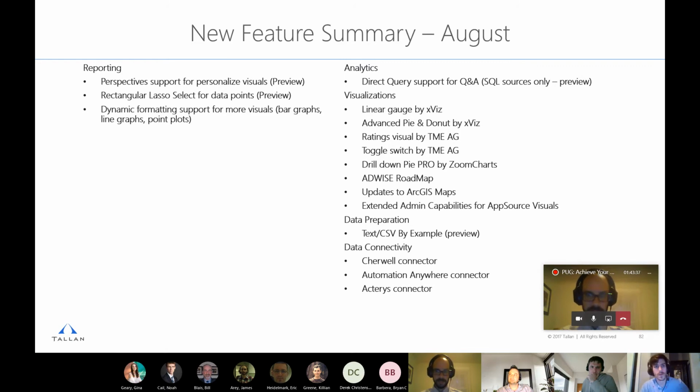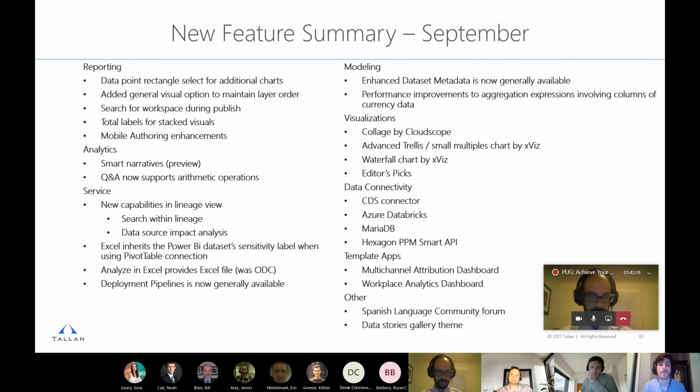All right, cool. So moving on to the September updates. In September, they actually changed the layout of their blog. So they brought together all of the updates to Power BI Desktop with all of the updates to the Power BI Service and Power BI Mobile. So if you do follow the blog, and the links for the blog are in this spreadsheet, we could probably throw those in the chat as well. It now contains a lot more information. And you'll see some changes in here to the service down here. And there's a whole other section for mobile changes that I won't be getting into.